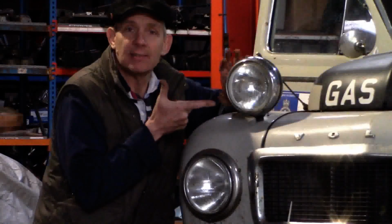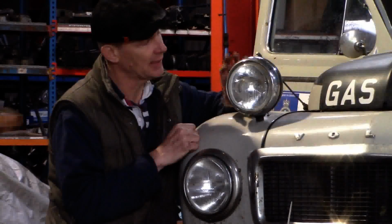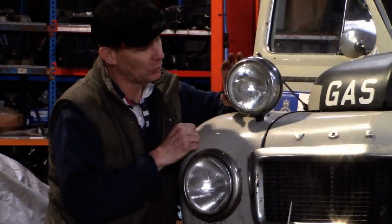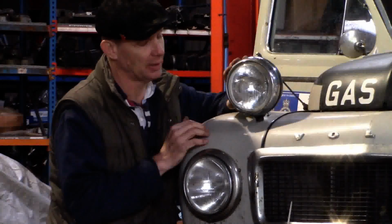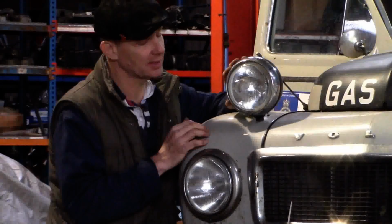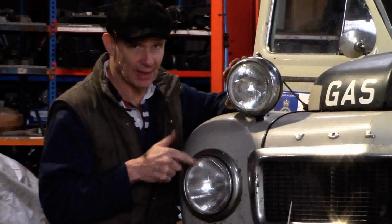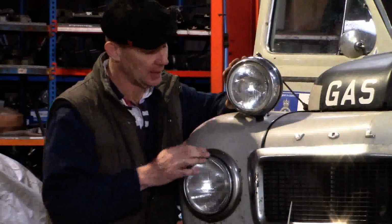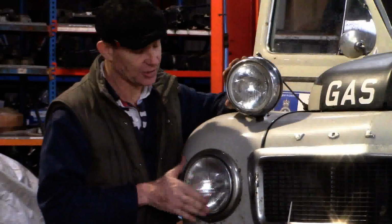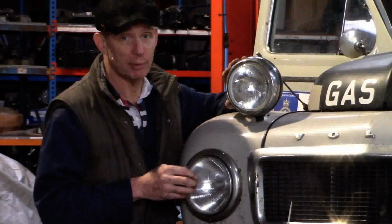So these, in their day, were the choice of most rallyists, the CBE Oscar lamp. We can now get pretty good bulbs for it, much more powerful than were available 40 years ago. However, to be honest, these CBE headlights of ours are much better than these lamps here. Now, Kevin Savage last year gave me a tip on the Devil's Own, and he said, try Britax 7-inch,